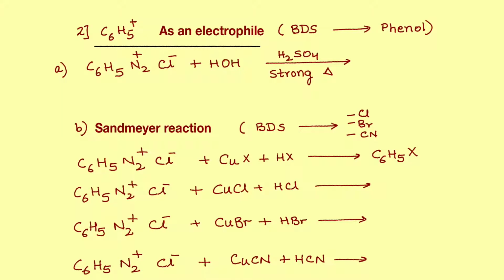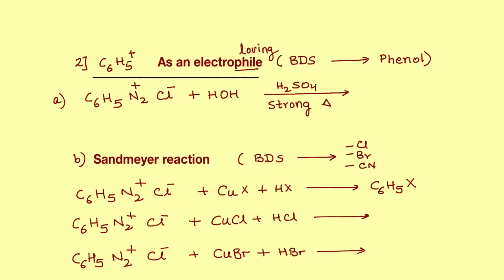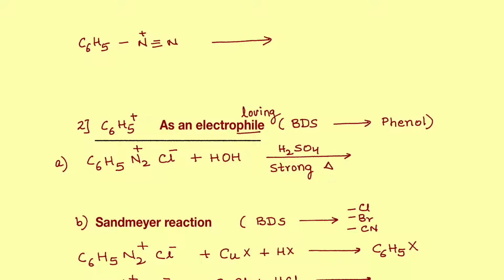The next property shows the behavior where the phenyl group acts as an electrophile, an electron loving. Phile is loving, so electron loving species. Now where do we get the C6H5 positive from? For this, just let us see the structure of the diazonium ion. Now you know that nitrogen gas prefers to be on its own. Nitrogen, with